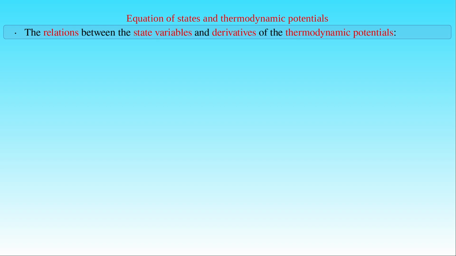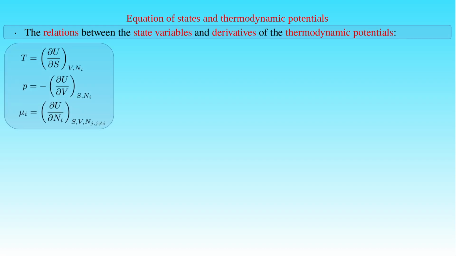By comparing the fundamental equations in thermodynamics with the differentials of the thermodynamic potentials expressed in terms of their natural variables, we obtained four groups of equations describing the relations between state variables or potentials and the partial derivatives of the potentials. The first group was derived from the first fundamental equation describing the differential of the internal energy, where the temperature T, the pressure P, and the chemical potential μI are expressed as the partial derivatives of the internal